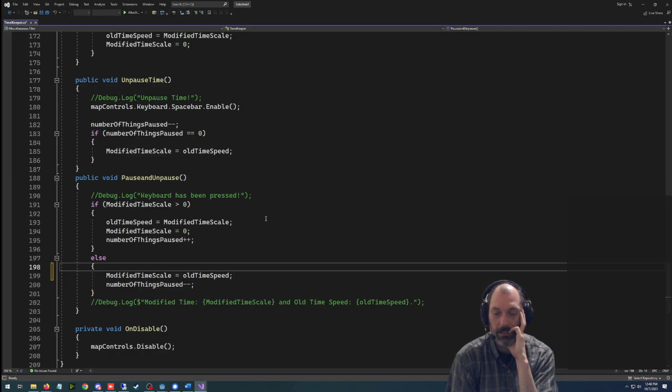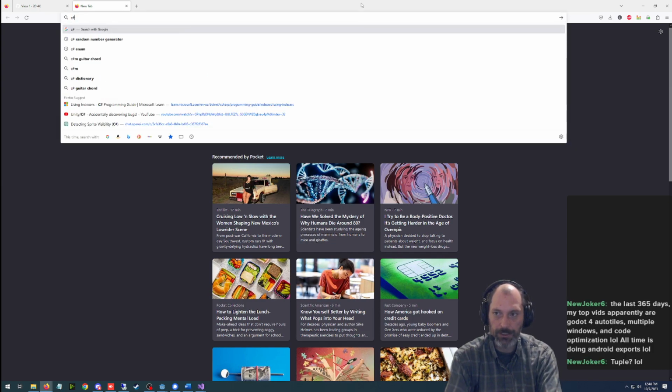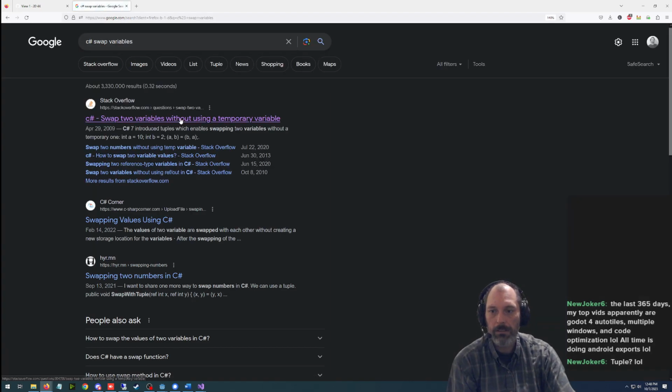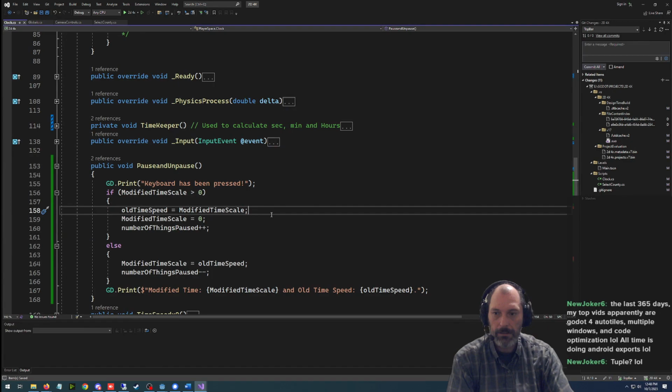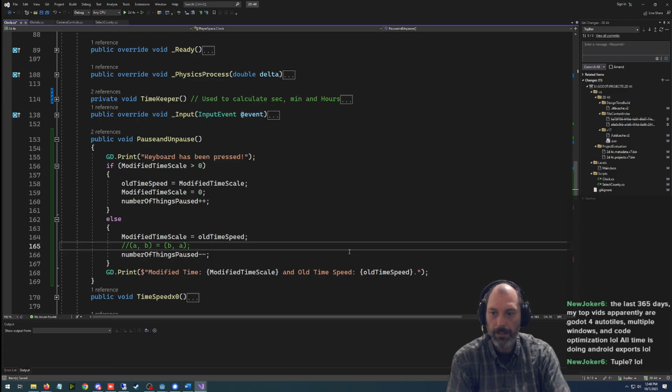There's a thing. What the fuck is it called? There's a C# thing. A tuple? No, it's not a tuple. It's a C# swap variables. It's called tuples. I was close. It's this thing. We need this thing. So this, I just need this to look at it, should be